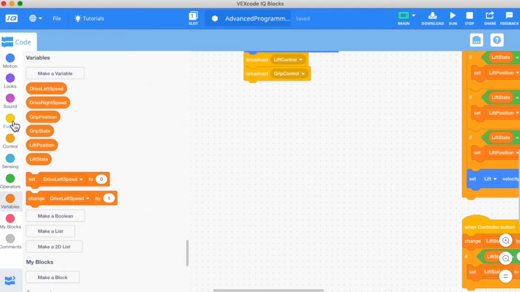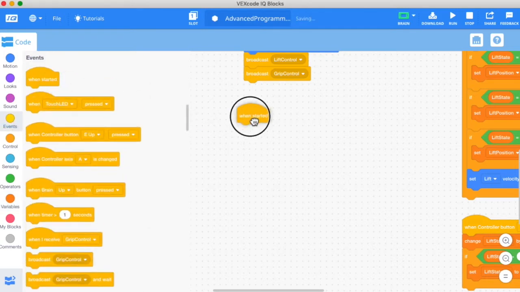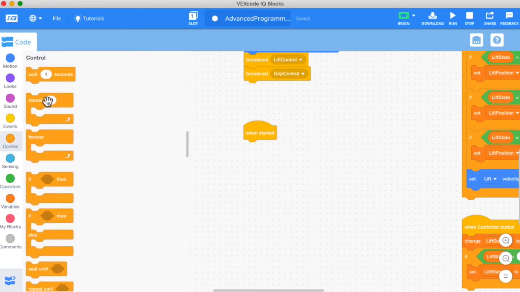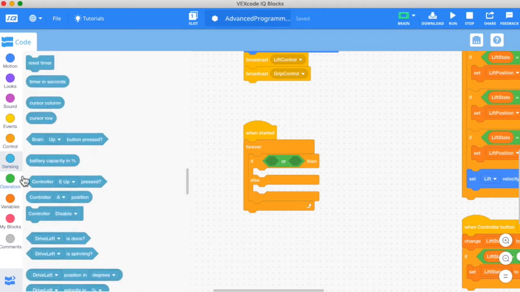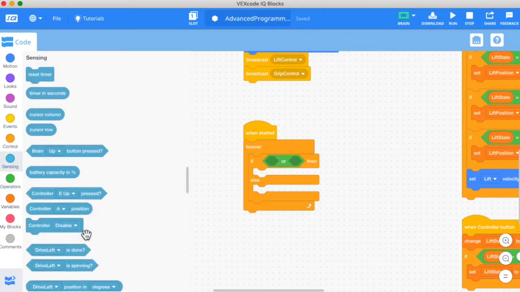So let's create an event that is when started, and inside of that we'll create a forever loop, because we want to forever continuously evaluate the controller stick positions. Then we'll do an if else inside of that, and we need to look at the controller values. So we're going to use an or, because that will allow us to decide if the control values, which is in sensing controller,